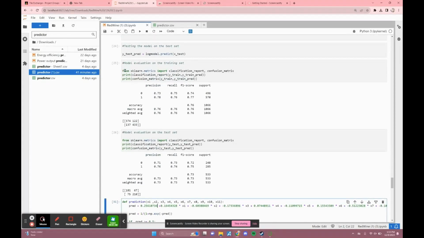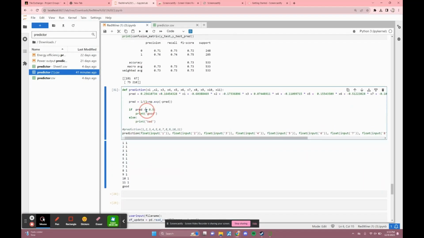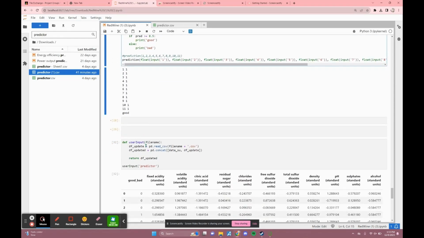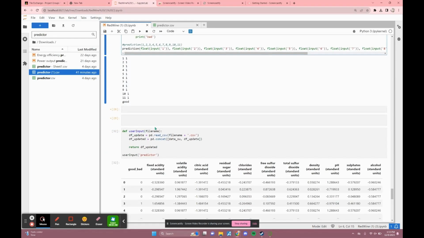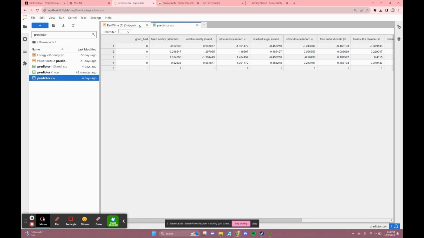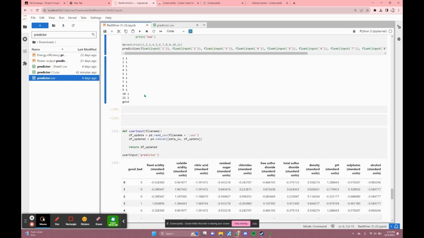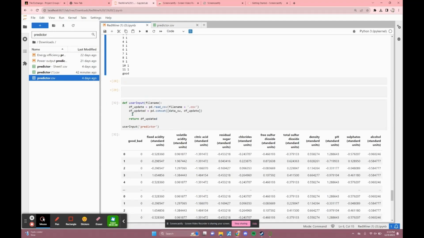So moving back though, where are we at? Yeah. So after that, we use the prediction formula, figure that out, and if it's above 0.5, it'll be good. If it's below 0.5, it'll be bad, which we tested right here. After that, we plug in our values into the predictor CSV, which allows users to input their own values and test it, right? Which will also allow us to concat our data